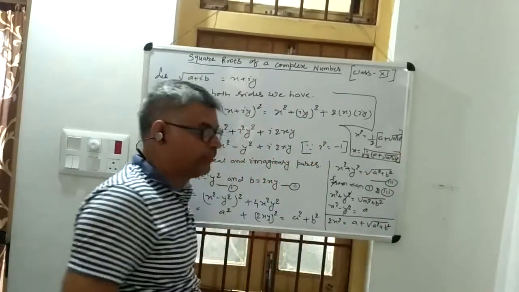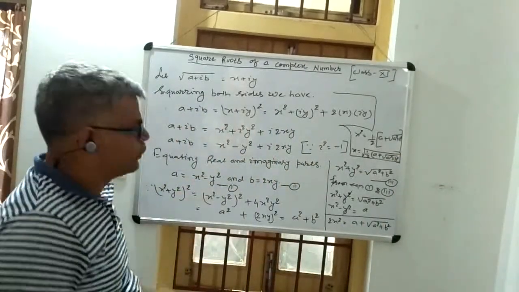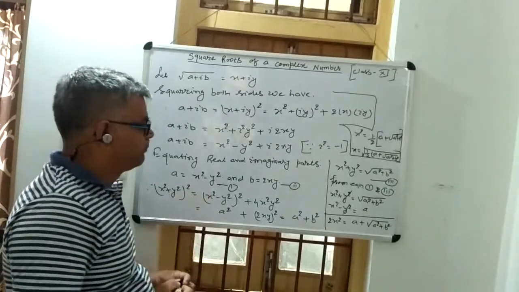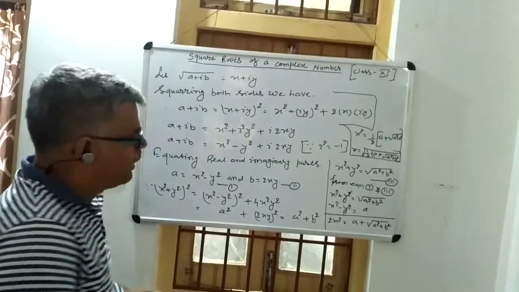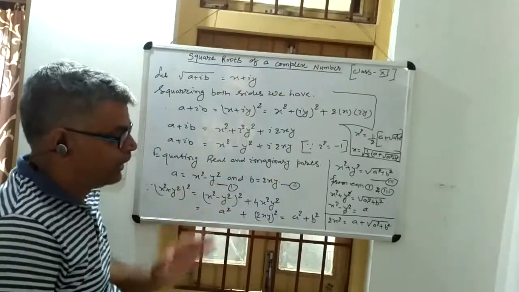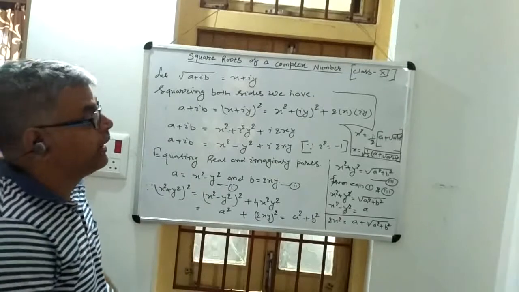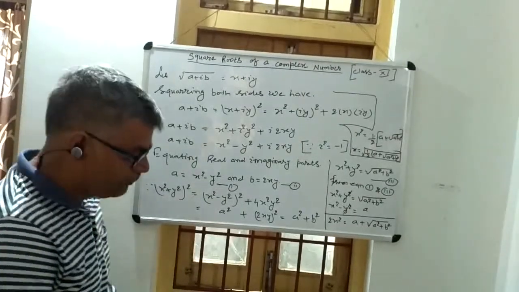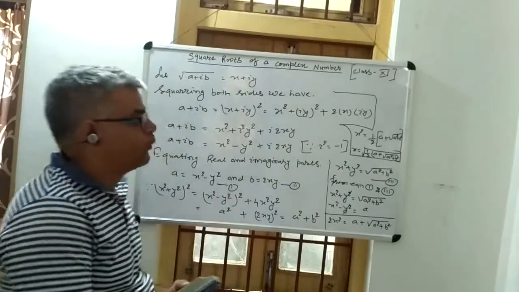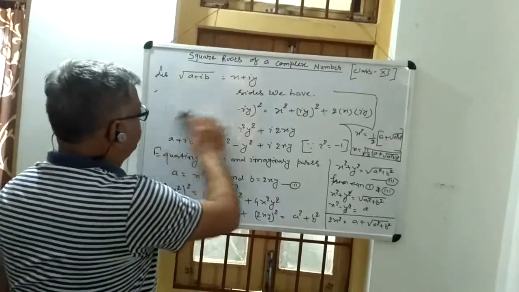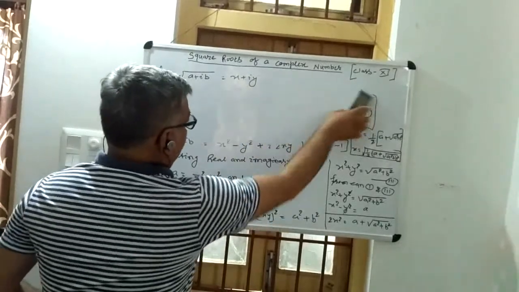And after substituting the value of x in any equation, in equation 1 or 3, you can get the value of y. So in this way you can have the square root of any complex number. So let's see,